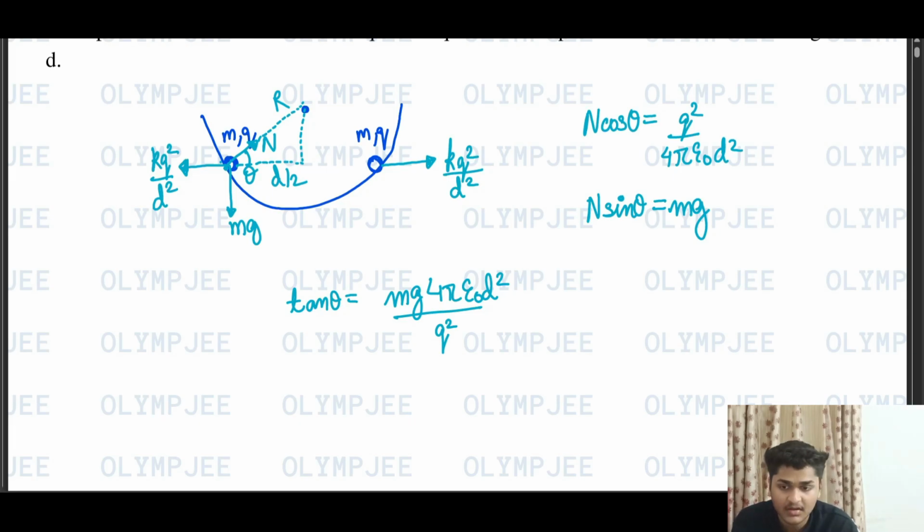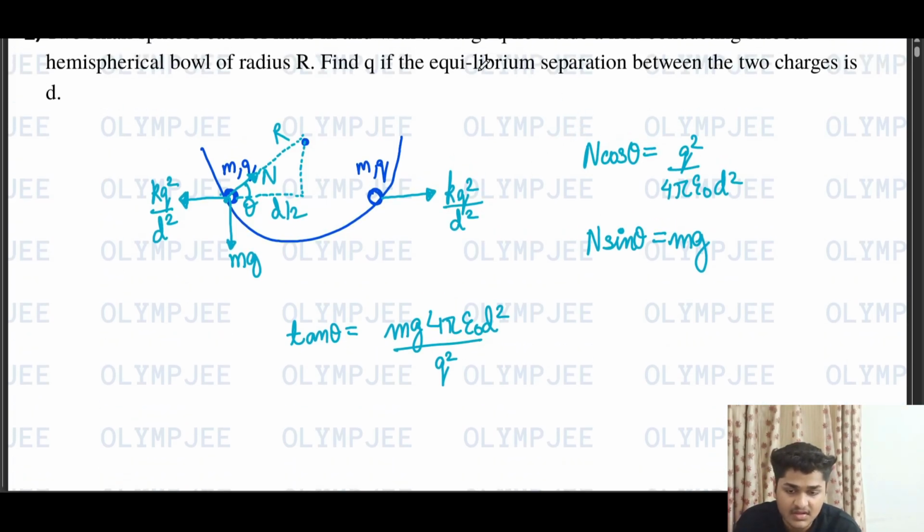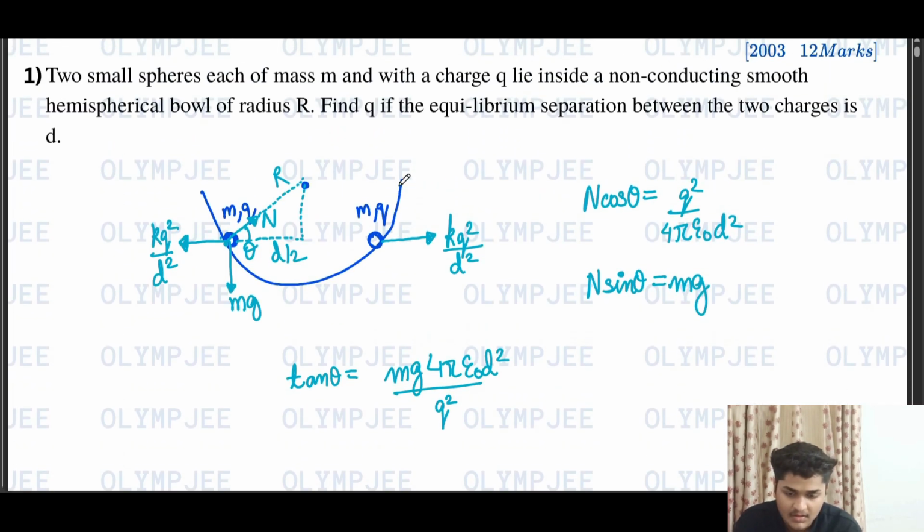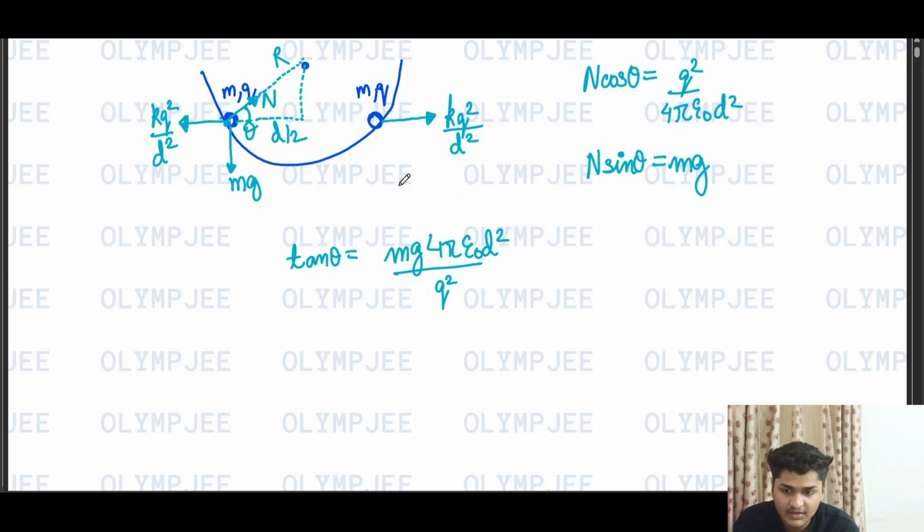So from here we need to find the charge, and from here we can use the fact that this theta and this triangle and this is 90 degrees. So this side will come out as r square minus d square by 4 using Pythagoras. So tan theta can be written as